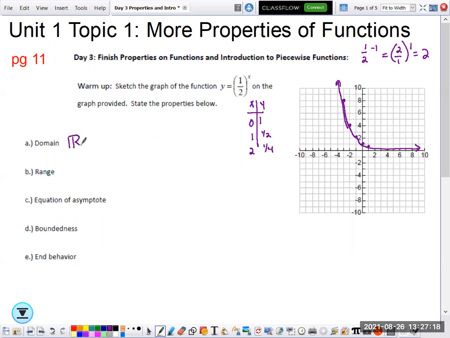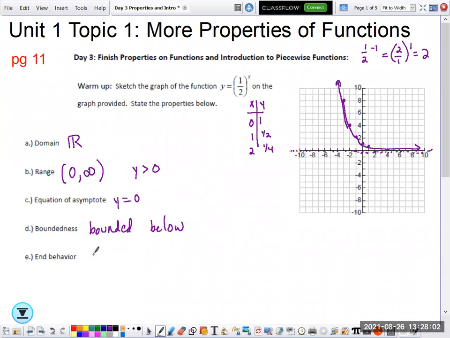It has a domain of all real numbers because every x value here has a y value. It does not have a range of all real numbers. It has a range of 0 to infinity, where neither value is included. So you also could write that just as y is greater than 0, whatever you prefer. We have a horizontal asymptote here at y equals 0, because it's physically impossible to raise 1/2 to a power and get nothing. So we have an asymptote there. Because of that asymptote, we say that this function is bounded